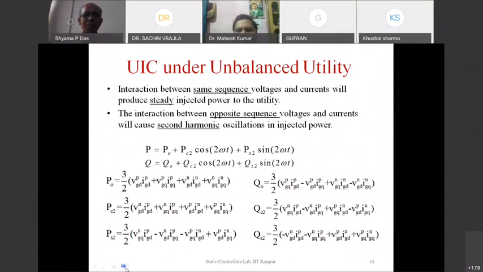Now, when we have the variables as complex variables, we are basically dealing with complex quantities. The total power S is a complex power consisting of the real power and imaginary power. The imaginary part is the reactive power. So the complex power S is V I conjugate. If you take the real component, we get the real power. If you take the imaginary component, we get the reactive power. Applying that, we have derived the equations for the power, the P and the Q, in a situation where we have both the positive sequence component and the negative sequence. Next slide, please.